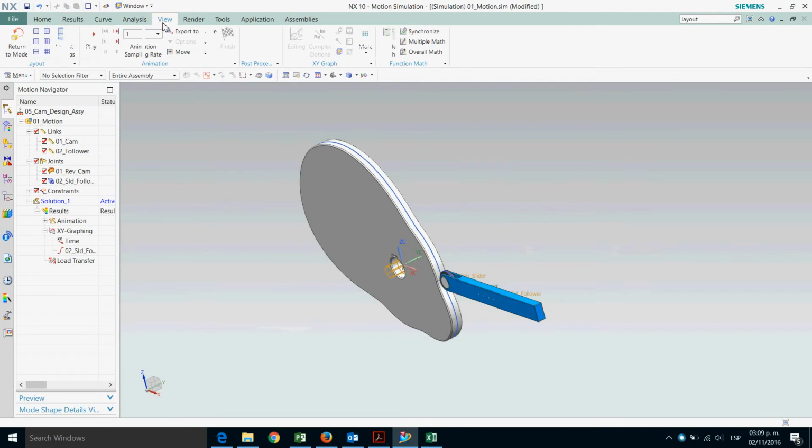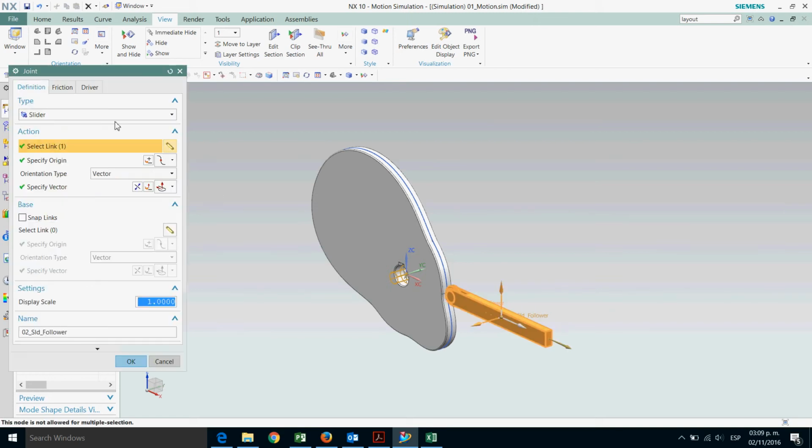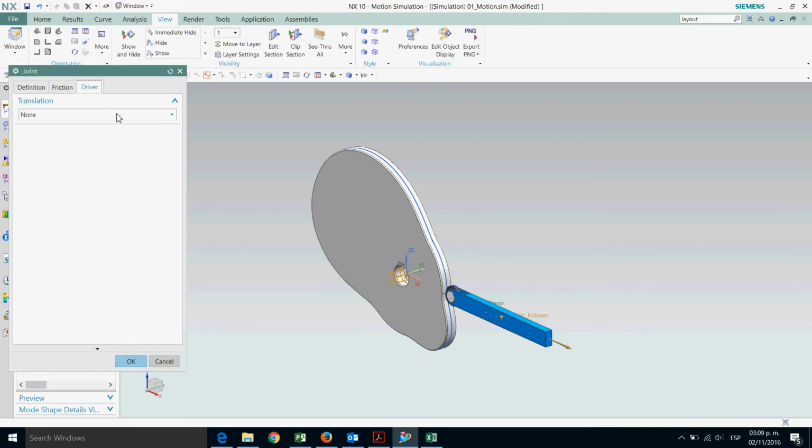Okay. On this part, we can create a new solution. So let's go to constraints, delete. Okay. And then let's go to slider follower, and then on driver we have to select